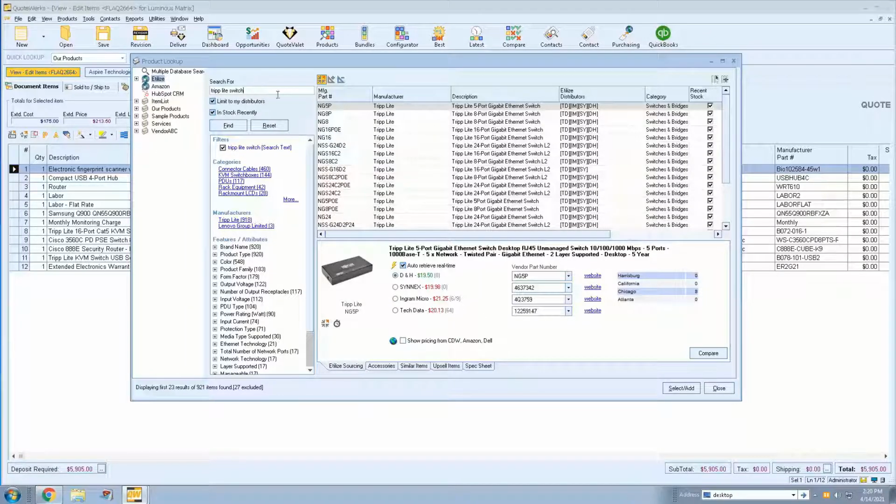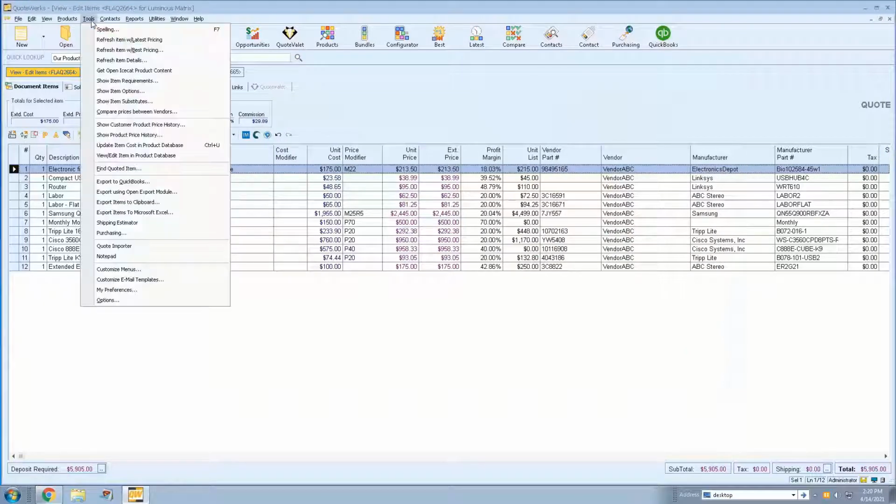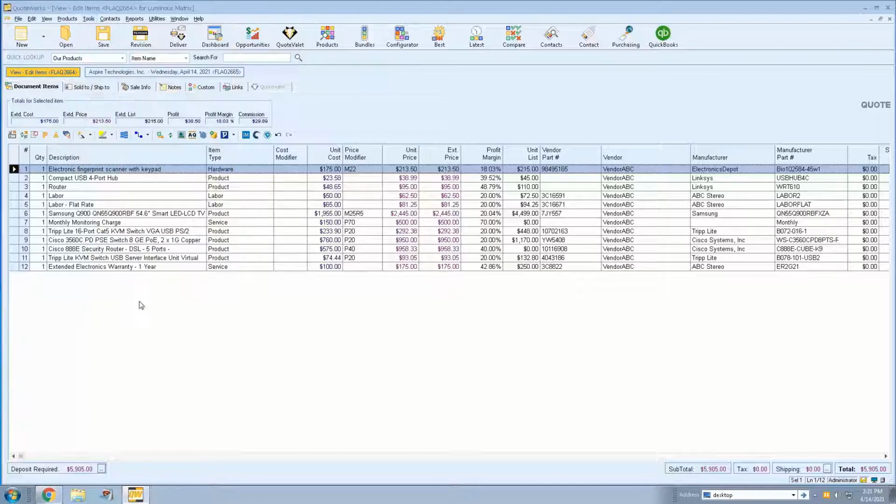So when you're in Eatalize and you're searching for an item that's carried by one of the distributors, you can now see your other vendors in here. This is a feature you'll need to turn on, so I'll walk you through how to do that. Minimal setup, but it's something that has to be activated. So in QuoteWerks, we're going to click on Tools, Options,